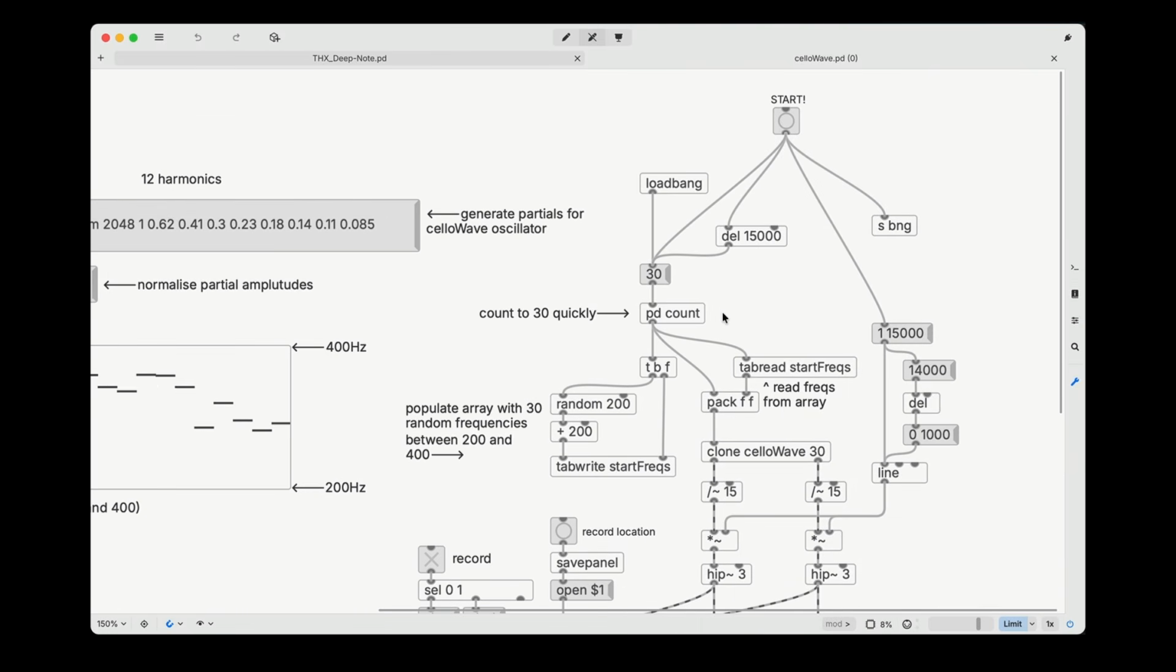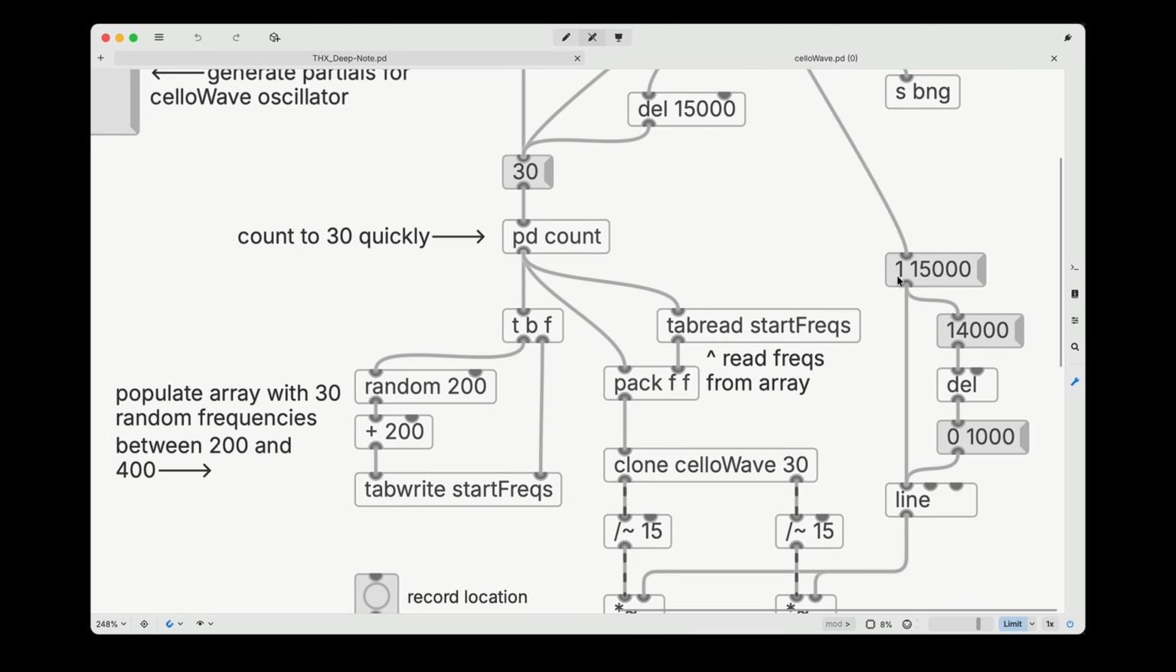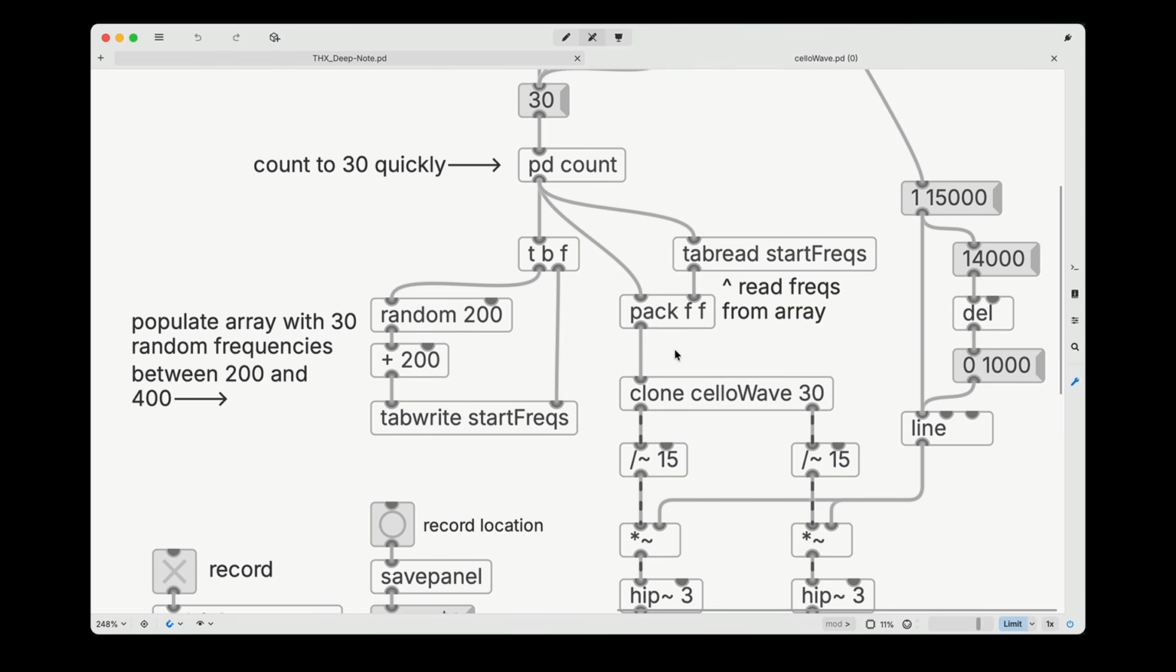Once we've got those, we have an envelope here with an object called line, a very simple envelope that's triggered. It goes to 1, being maximum volume, over 15,000 milliseconds. After 14,000 milliseconds, so just before the end of that envelope, we have a fade out back to 0 volume of 1,000 milliseconds, 1 second. So quite simple there. Where it gets a little bit complicated is we're taking all 30 of those starting frequencies,